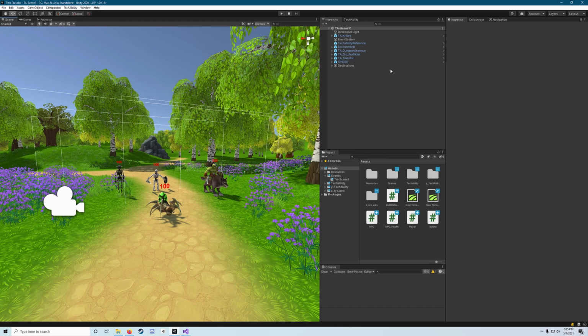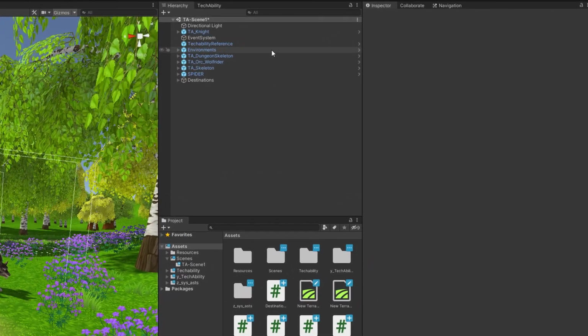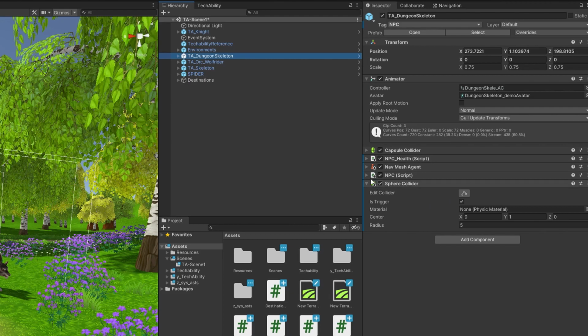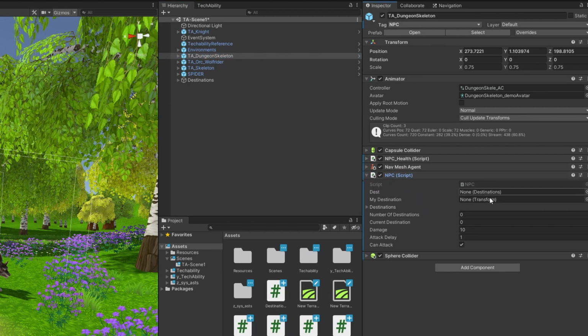So the programming side of our enemy AI is almost completely done. We have just a couple things we'll have to go back and add, but for a second, we're going to move outside of that and do some UI work, as well as assign a couple values that need to be assigned. So the first thing we need to do is in our NPC component on our enemies, you remember we